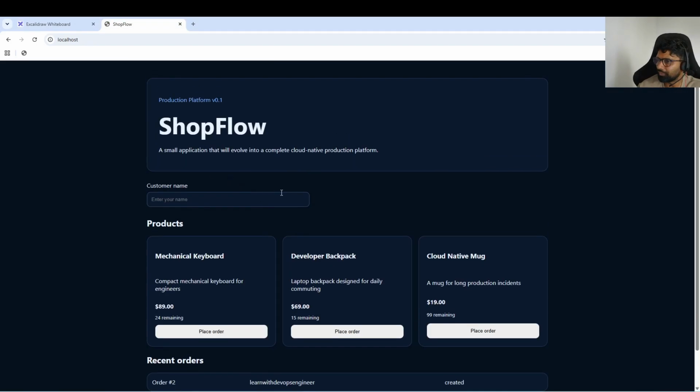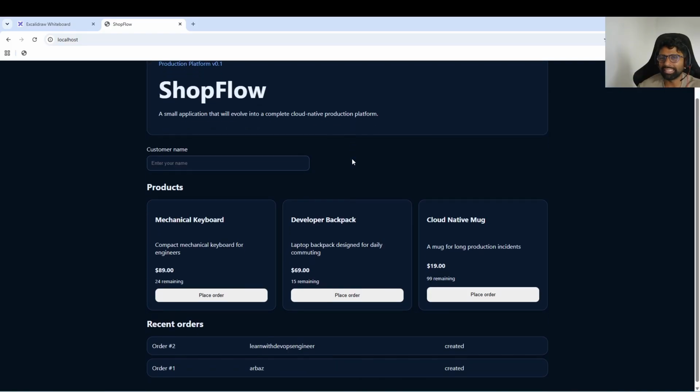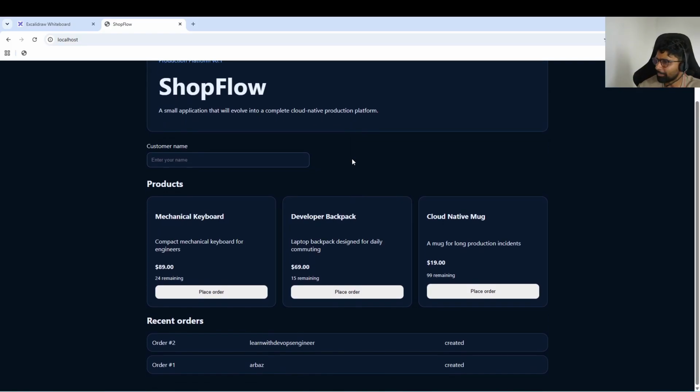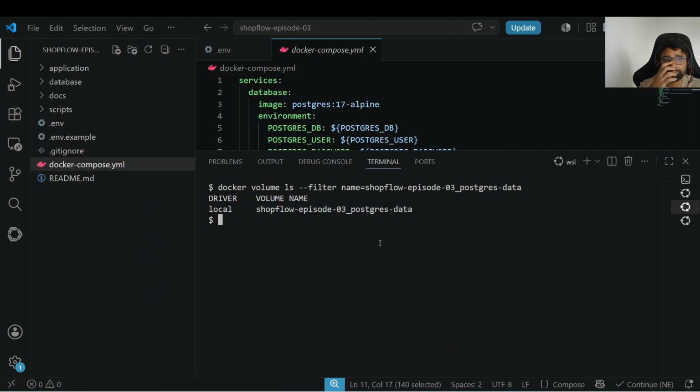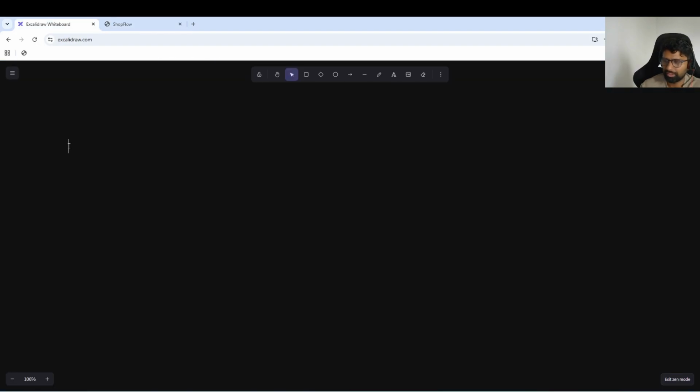ShopFlow now has its first working release, production platform v0.1. Our front end, back end, and database are packaged as containers. We can reproduce the environment, we can replace containers, and also we can preserve the database as we have seen in the video. For one single application on one server, Docker is a huge achievement. But